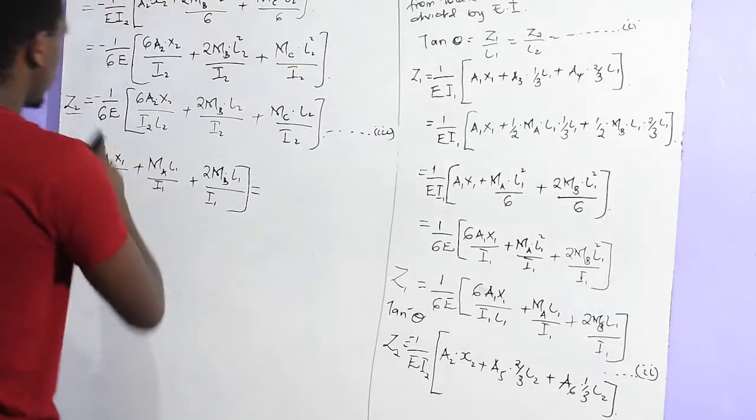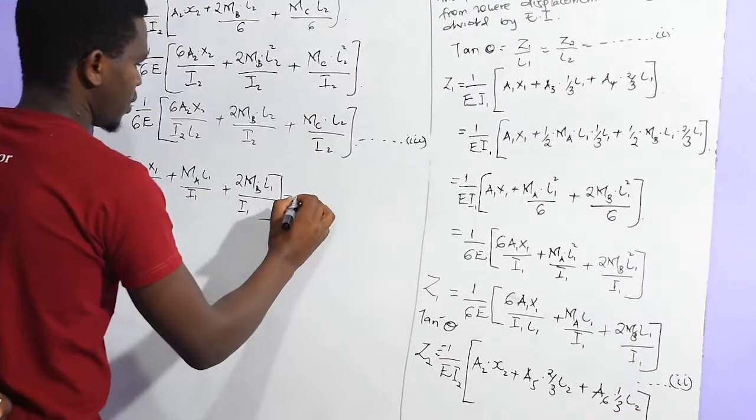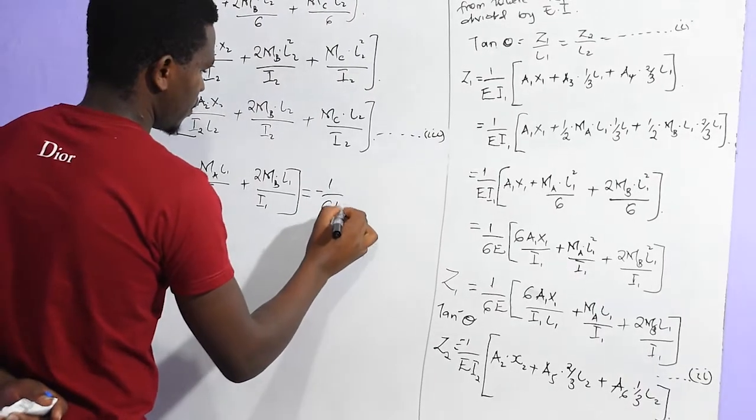This one equals this one, so negative 1 over 6E